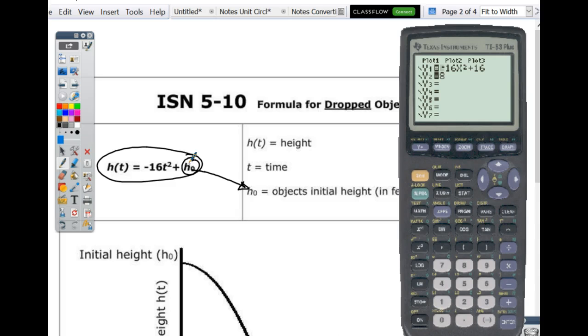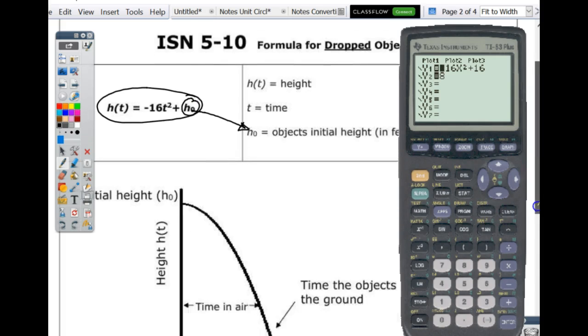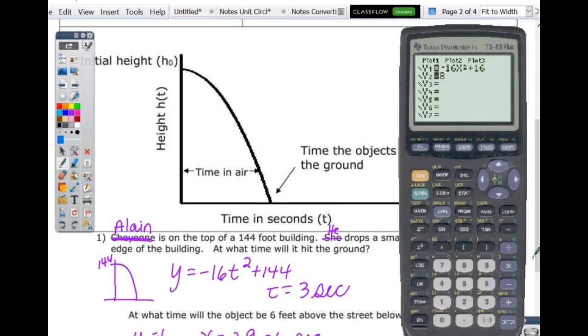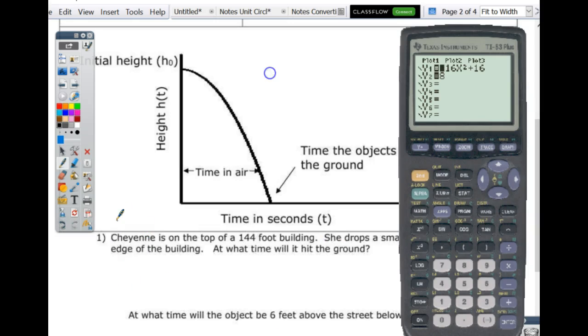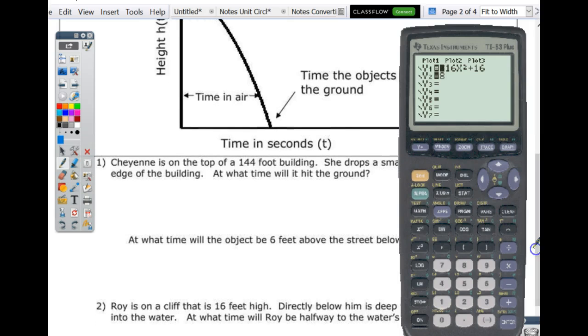So we're going to push Mikey off the top of the building. So let's look at the first problem. We pushed Alan last period. Okay. So this is Mikey. And he's going to drop, it says he dropped something, but we're dropping him. Okay? So I want to know how long it will take him to hit the ground. So first of all,